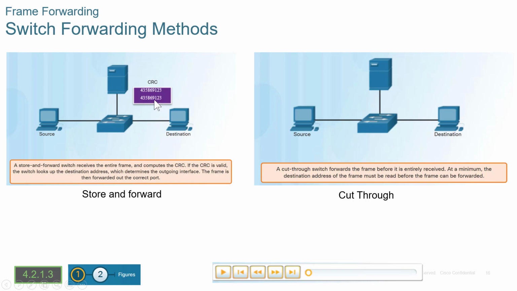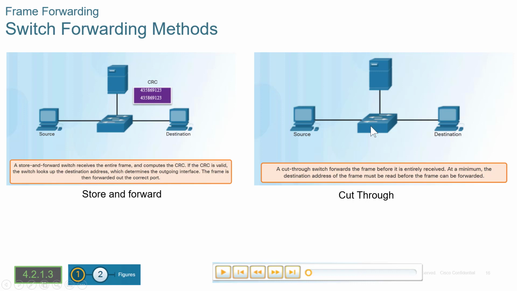If the two match, it's a good frame, and it will forward it out of the switch to its destination. If they do not check, if they get different numbers, that is a CRC error, and it will discard the frame. Now, that adds some latency, some delay, because you have to receive the entire frame before you can send it out. So there is another method called cut through, and that means as soon as